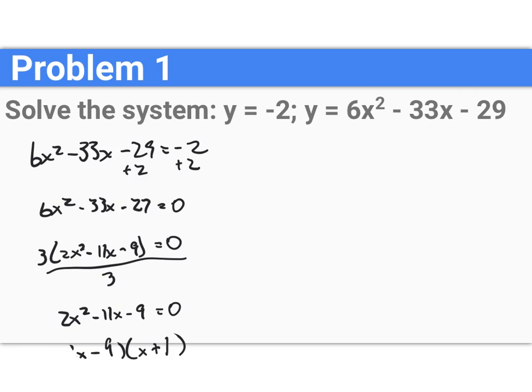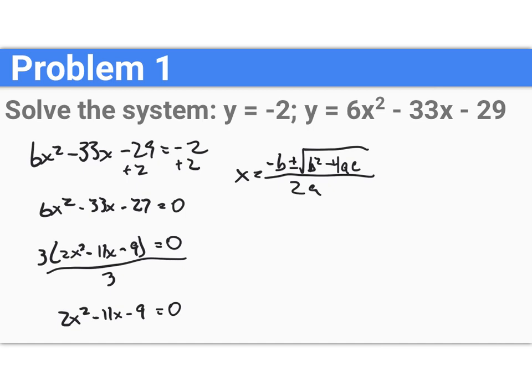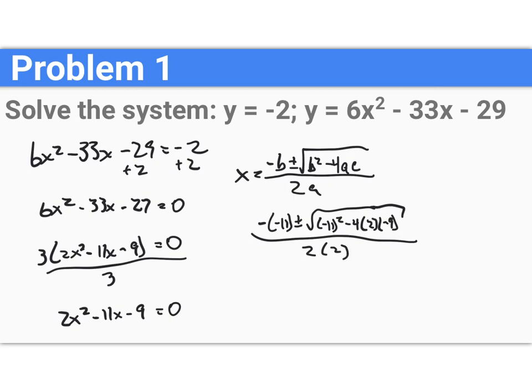So, since none of these factors work, what we are going to have to do is use the quadratic equation. So here we go. X equals -b plus or minus the square root of b squared minus 4ac all over 2a. Okay, so the negative of -11 plus and minus the square root of -11 squared, minus 4 times 2 times -9, all over 2 times 2. All right, 11 plus or minus the square root